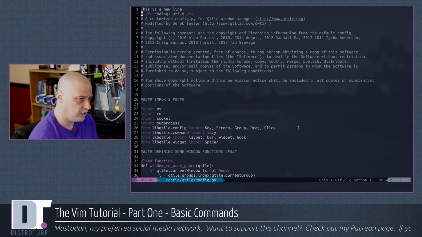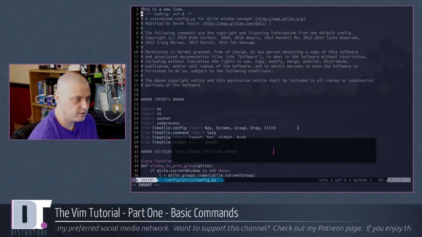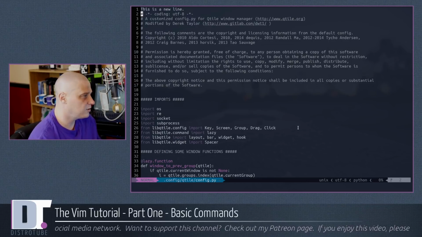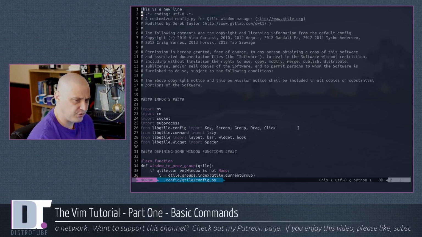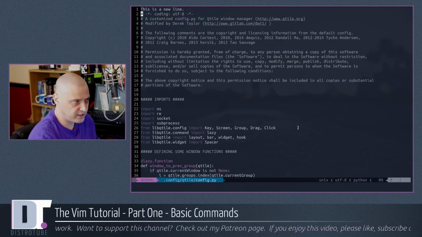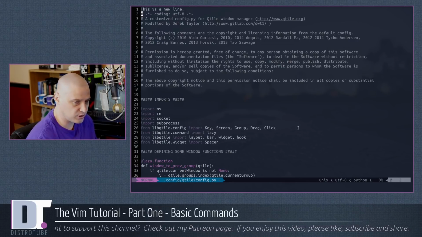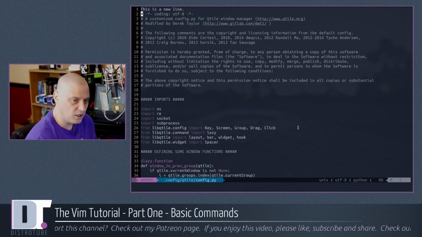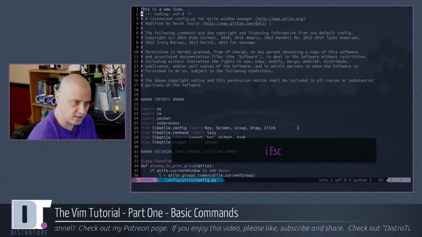What I've done is I simply use two I's to get back to normal mode. So I for insert, and then two I's in a row gets me back to normal mode. Why did I choose two I's? It's because there are very, very few words in the English language that have two I's consecutively in them. So it's not likely that you're going to type two I's by accident very often. So one I for insert, two I's to get back to normal mode is what I do. But by default, I for insert, escape, and then wait a second to get back to normal mode.